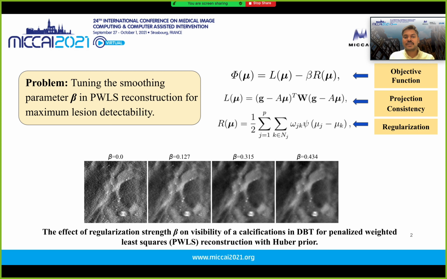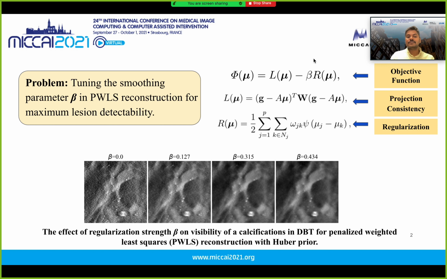In medical imaging, the volumes are typically reconstructed using a penalized weighted least squares algorithm. The objective function in such an algorithm can be formulated as shown here, which consists of two terms, L(μ) and R(μ), where L(μ) is the projection consistency term and R(μ) is a regularization term. The regularization term can also be taken as a smoothing prior, and the strength for it is determined by the